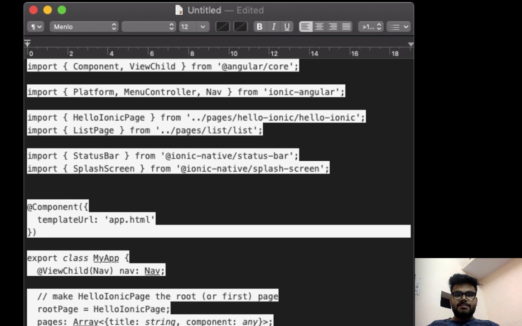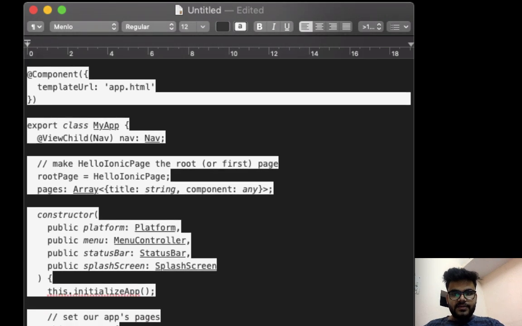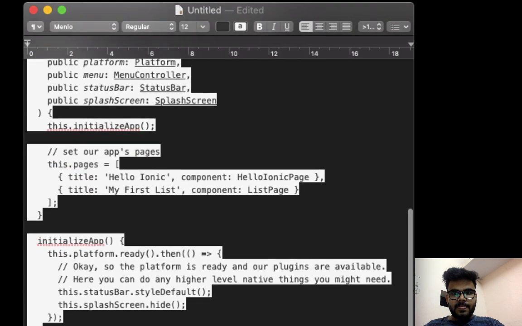Like I'm using this public platform. I'm giving it the name platform, and I'm using this class which I've defined over here, import platform. Okay. So in this we can use it like